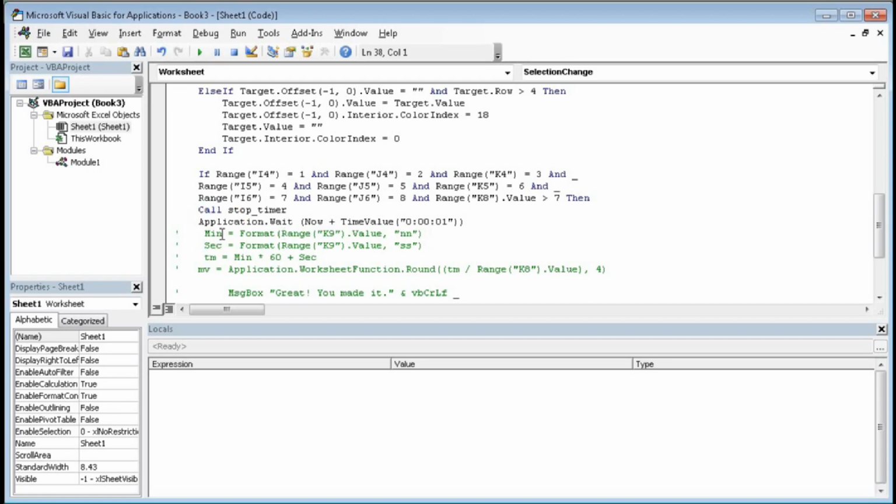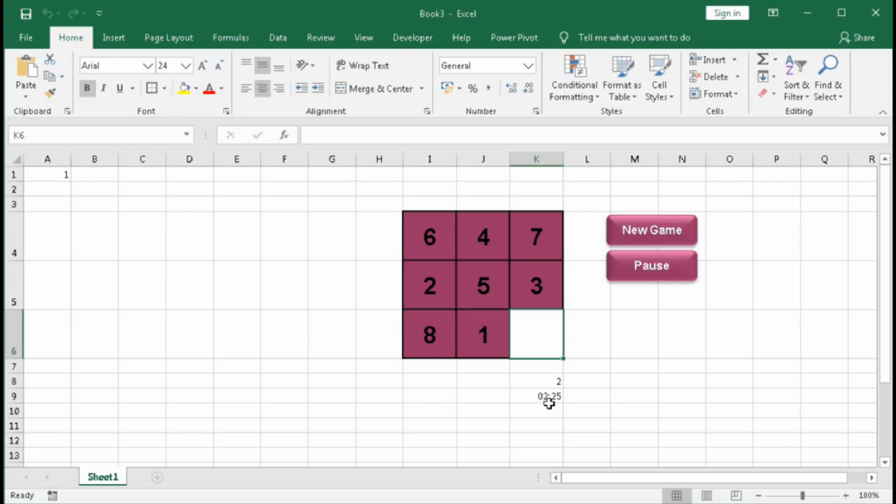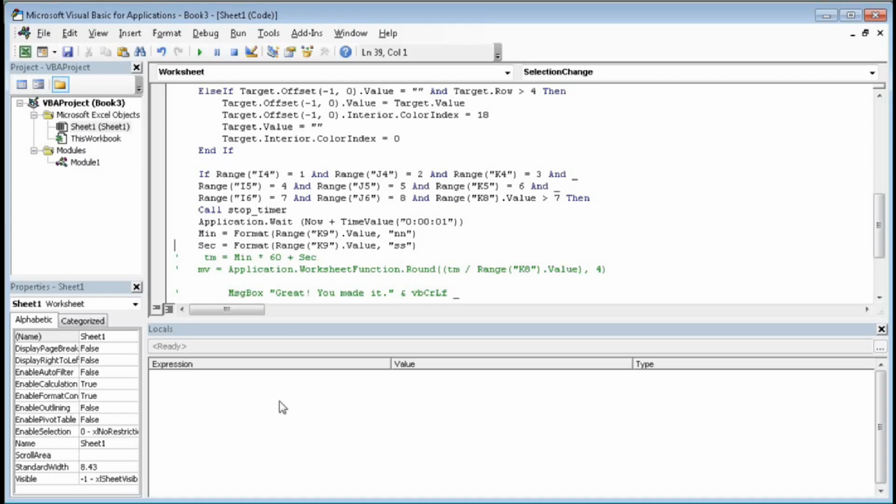So here I have declared min equal to Format(Range("K9").Value, "nn"). This is the formatting of minute nn, and this is the formatting of seconds. So I have formatted K9, this value, as you can see here, as minute, and this will show the second.